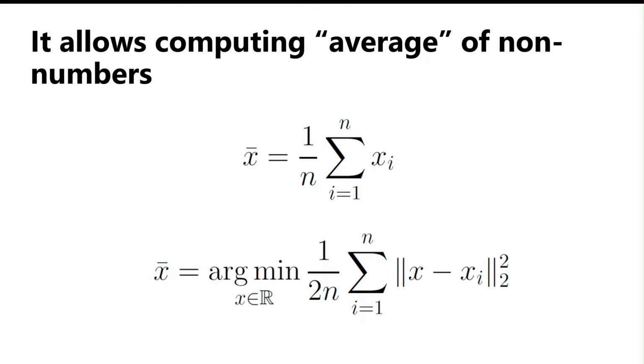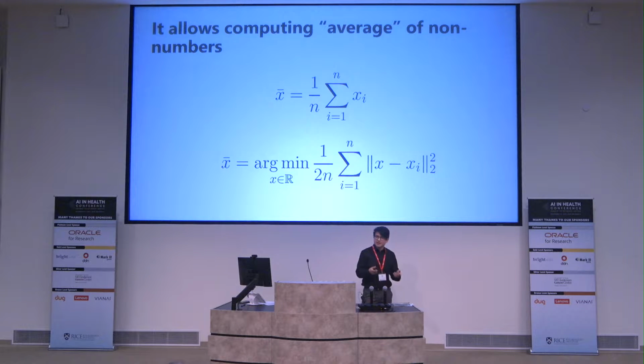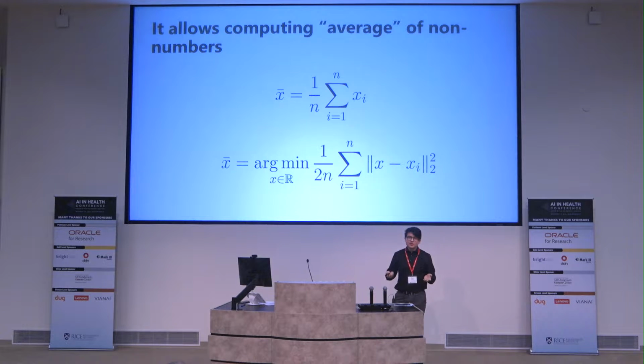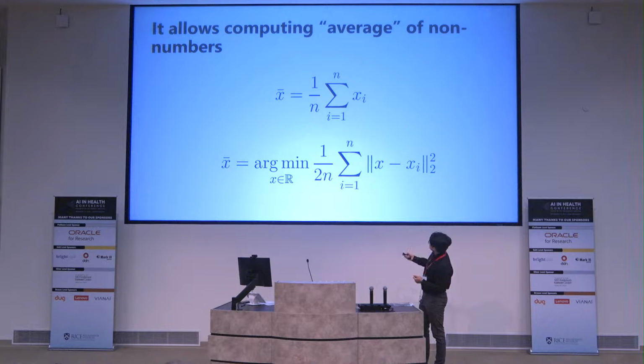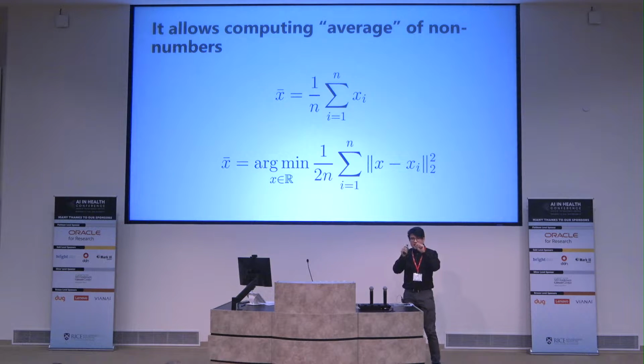And so how can we use optimal transport? One of the classical problems is computing averages, right? We compute GPAs and that type of thing. In order to compute an average of a set of numbers, you add them up and divide by how many numbers you have. That's the way you compute the mean, the average. And it turns out that you can write the average in a more complicated mathematical way as the solution to an optimization problem. This optimization problem is nothing more than finding a point x that minimizes the average distance to all the points that you have, right? If you find a point that's in the middle between all your points, that's the average.